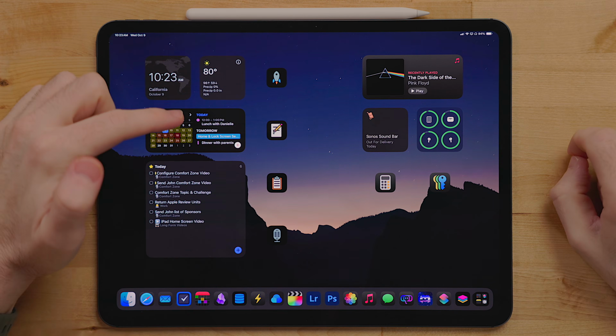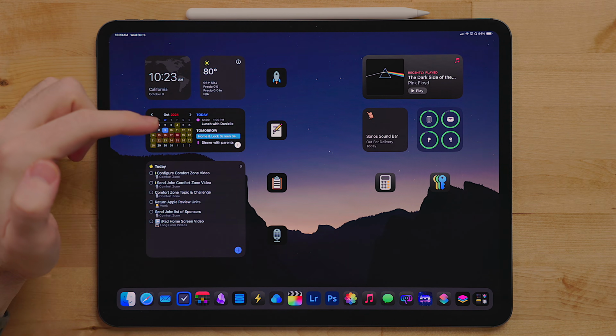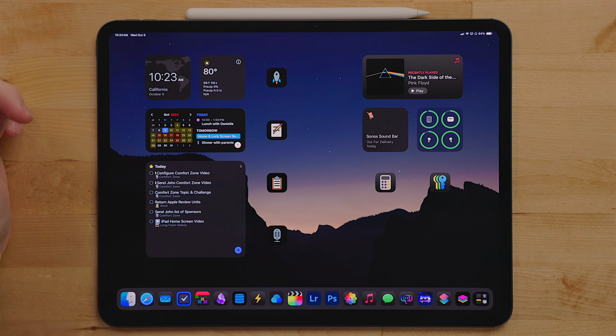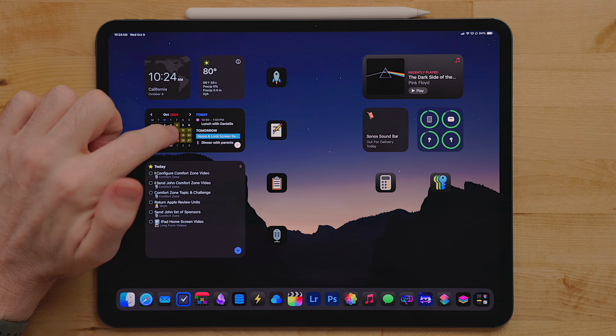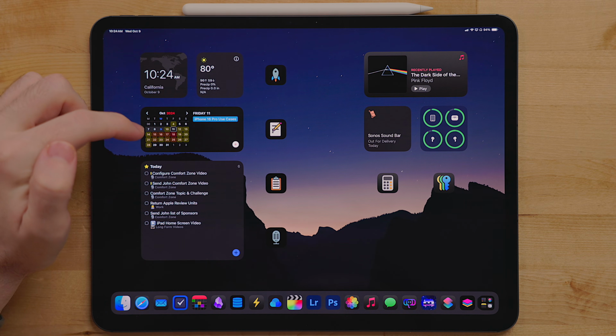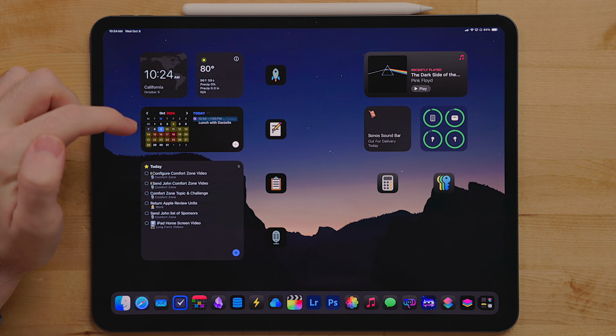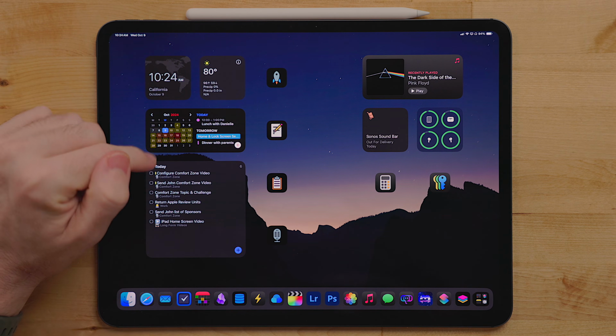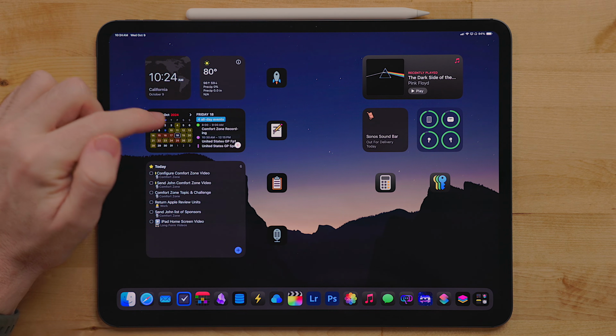I'm using the event list and calendar widget. This shows you your calendar events for the day, but there's also a month view here as well. The best part about it is it's interactive, so you can jump around and see events for various days. This way, if you need to quickly know what's going on a certain date, you can. You can tap on the month and year to jump back to the current day.